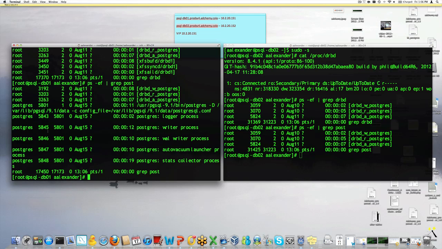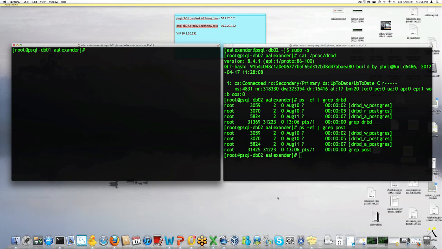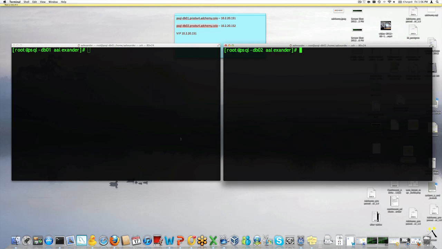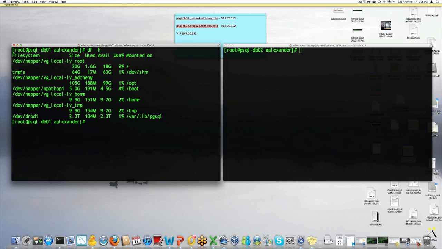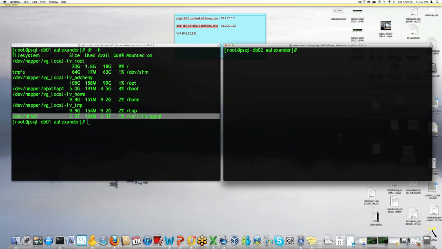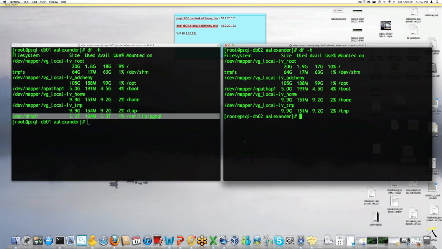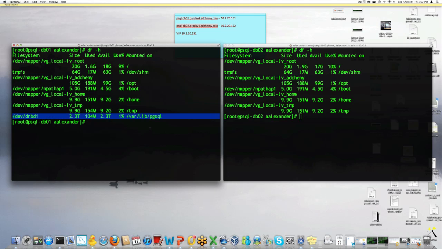Another important aspect is how the file system is configured in order to have DRBD functioning. If you can see, that's /var/lib/pgsql. It's a logical device, an LVM configured logical device, and the same thing on node 2. So we used LVM to partition the devices and allocated a dedicated device to the Postgres configuration that is formatted in the XFS file system. So we're using XFS to house